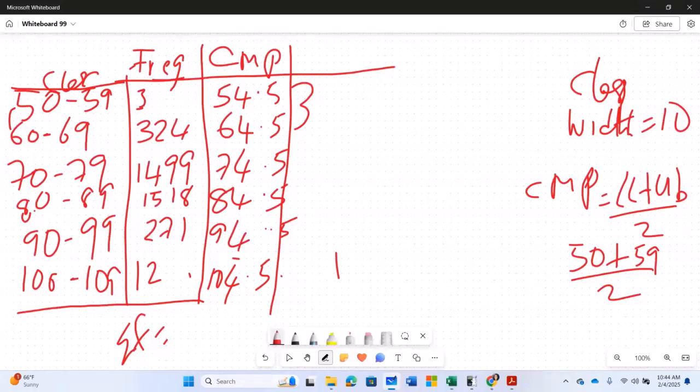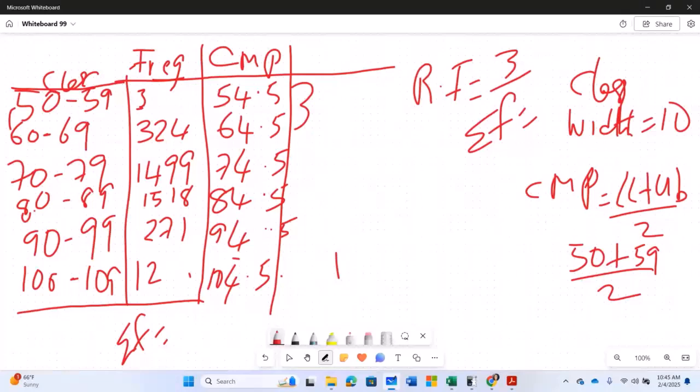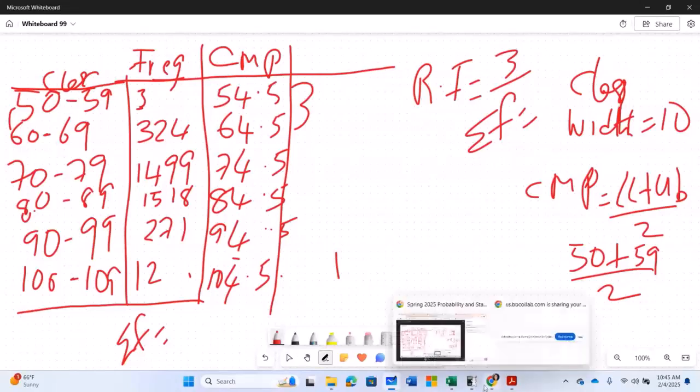I could be told to find relative frequency of all the classes, or the relative frequency of the first class. The relative frequency of the first class is the frequency of the class, 3, over the total frequency, and I have to calculate the total. But I just want to make sure we know the relative frequency of each class is the frequency of that class over total. I'm going to put the data in my list because my calculator will actually find all of them for me. So I will get my calculator